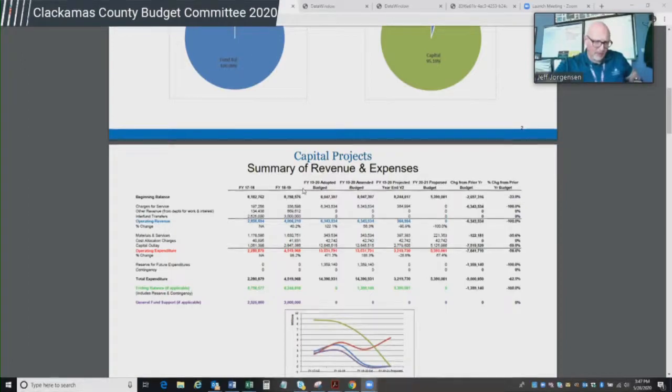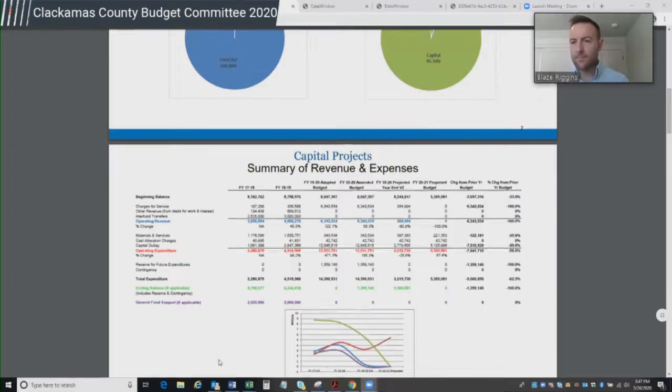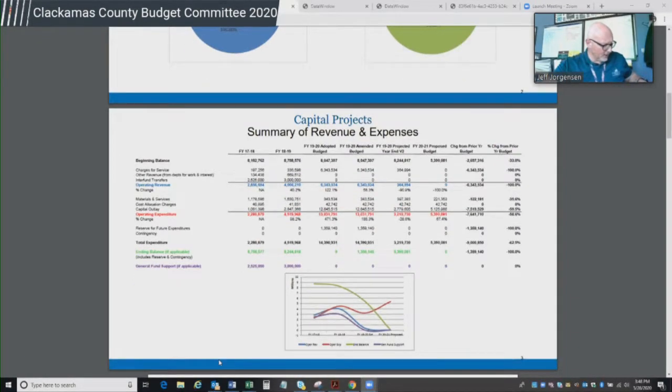On the list, we had 38 projects. Continuing on here with the CUP, like we've been supporting the EOC, completing a phase 4 to go ahead and put in restrooms so we can again support EOC and emergency operations or training up here. But we have various projects across the county,